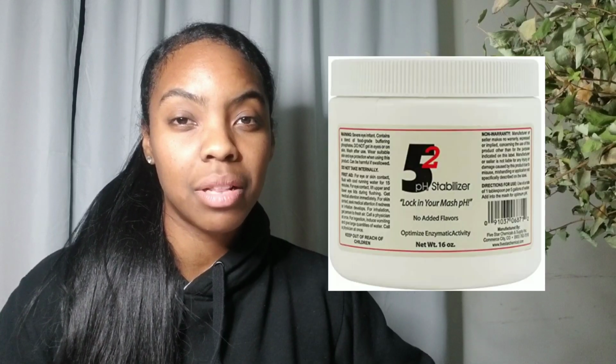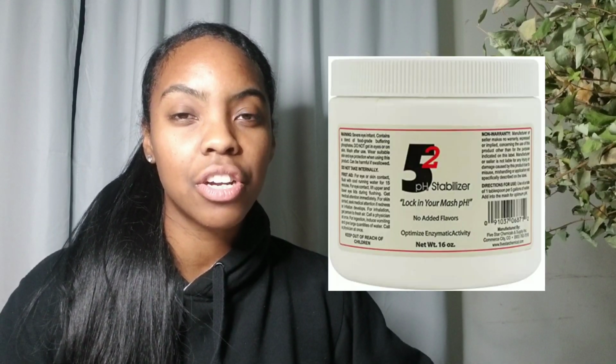And just so you know, the pH changes as the days go by. So the fermentation on day 1 will have a certain pH, and as the days go by, after a few days, after a few weeks, your pH will not stay exactly at the same level unless you add a pH stabilizer. There are things called a pH stabilizer where they will leave the pH at 5.2 for the duration